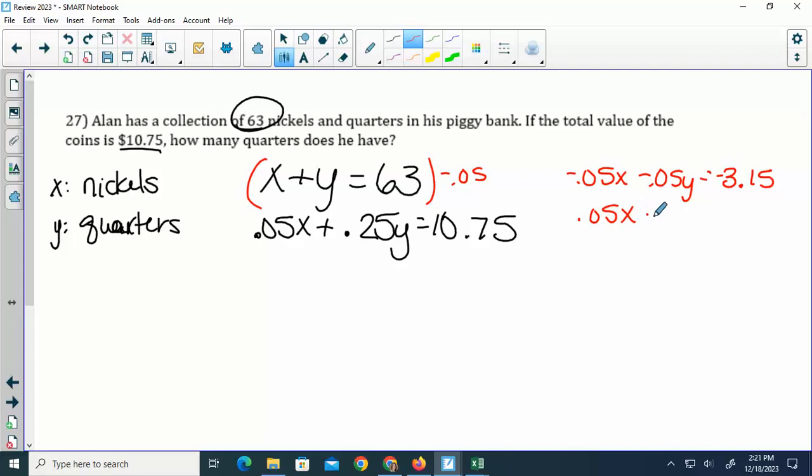Second one stayed the same. So if we add, the x's cancel. Negative 0.05 and positive 0.25 would be 0.2y